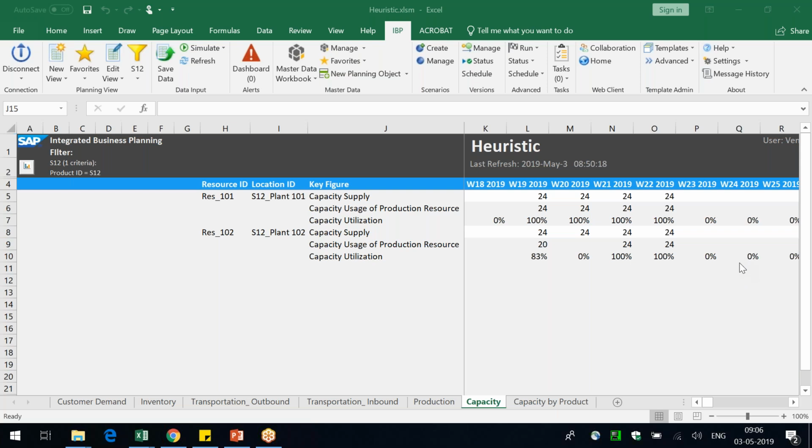Okay, guys, in the next session we'll dig deep into the optimizer scenarios. We'll take the scenarios and see how different costs will impact, and also cover the lot sizing procedures. After that we'll start with the model configuration, starting with creating a planning area and all that. Once that is done, we'll get into the other modules like the demand planning module, inventory optimization, and sales and operations planning. Okay, thanks guys.